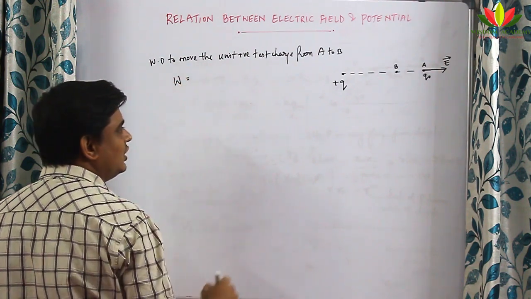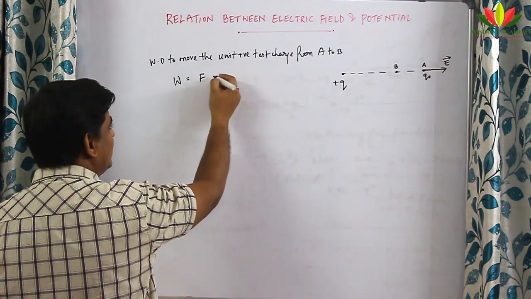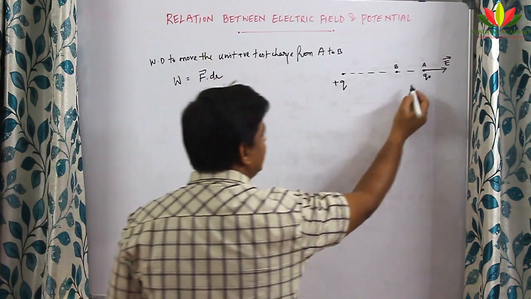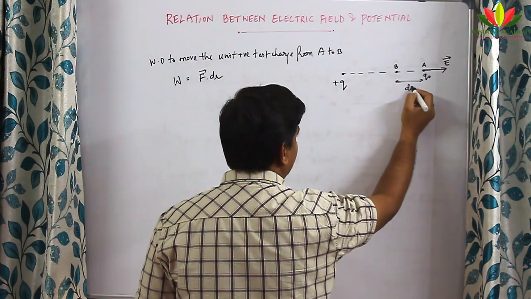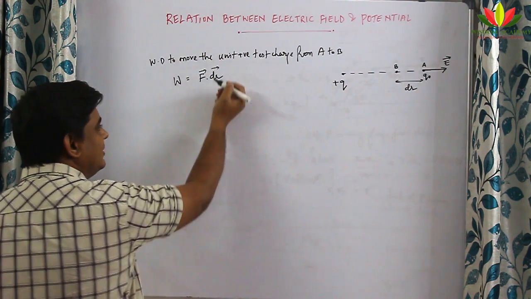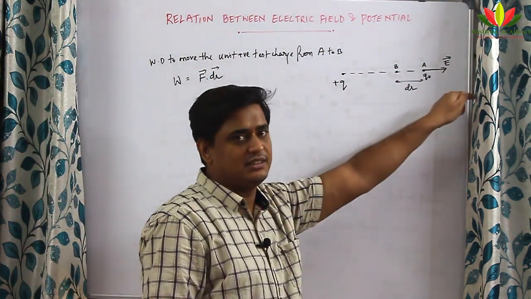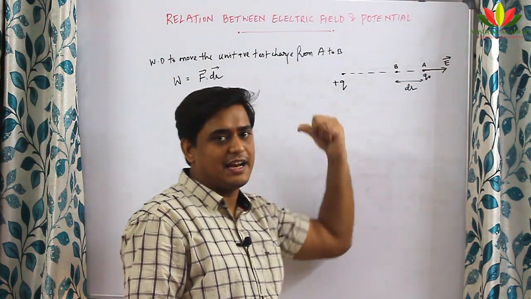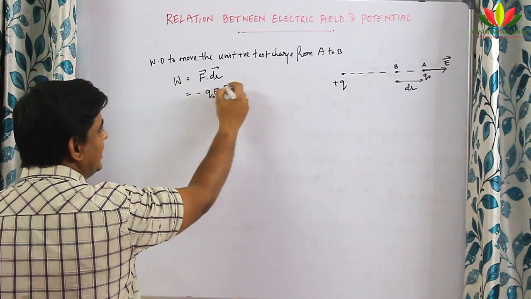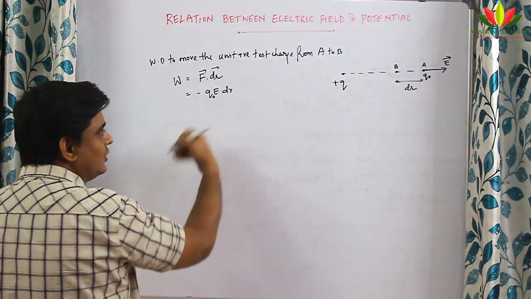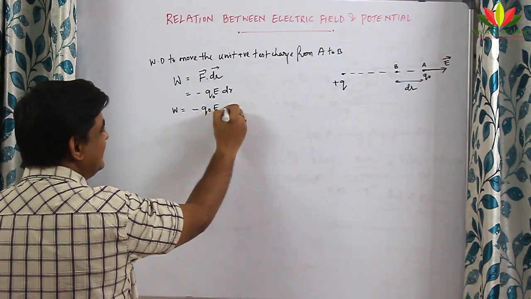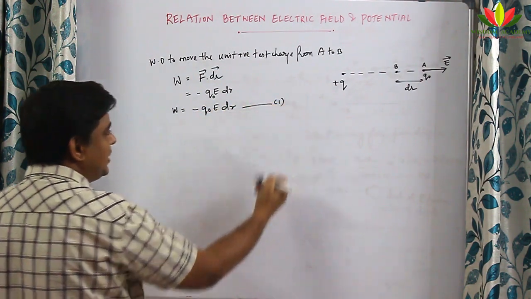So, what is the force? Force, I write it as force now, into displacement. What is displacement? Displacement is dr. Let the displacement from A to B be dr. Now, what is force? F is equal to QE. So, F is equal to QE when I am writing, here E direction is this here, but we are moving against the E direction. So, I write Q into minus E. So, minus Q into E or Q naught into E and into this dr. So, what we came to know? We came to know work done is equal to minus Q naught E into dr. Let that be equation 1.